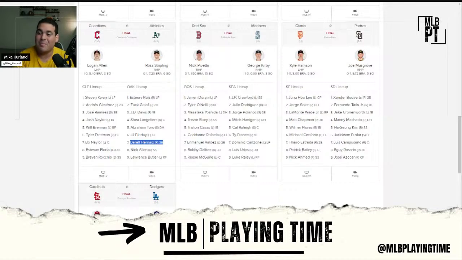Boston Red Sox, that B threw me off. This is kind of what we're seeing. Look, we actually saw O'Neill and Story already flip-flop yesterday. Casas dropped down to fifth instead of fourth. It's weird. They're kind of moving pieces around.